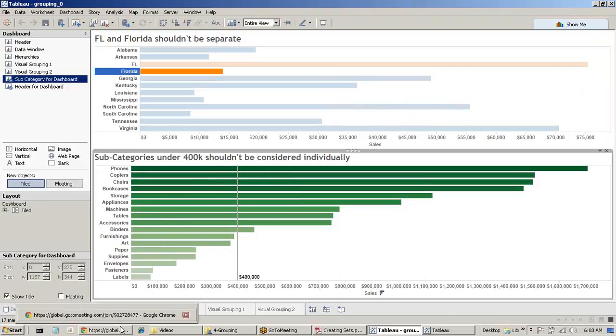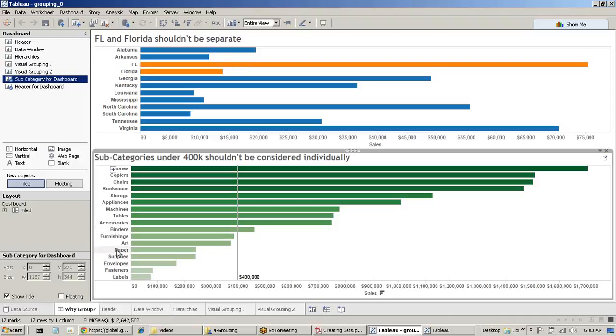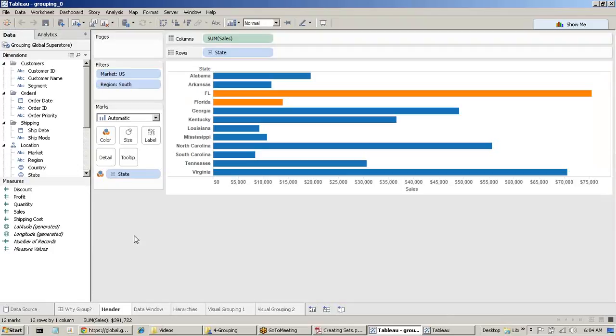Sometimes there are too many subcategories and I don't care. So I want all the categories which have profit less than 100K as one group, basically saying small subcategory, something like that. So all these things can be done in Tableau very easily. They are called groups. The easiest way of grouping is,